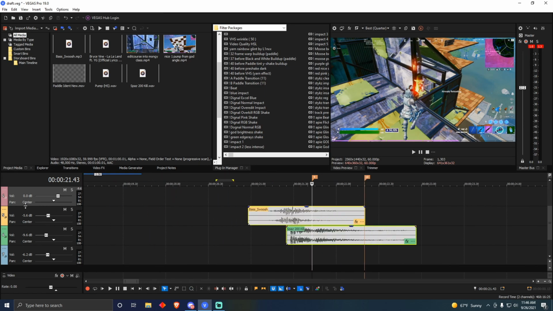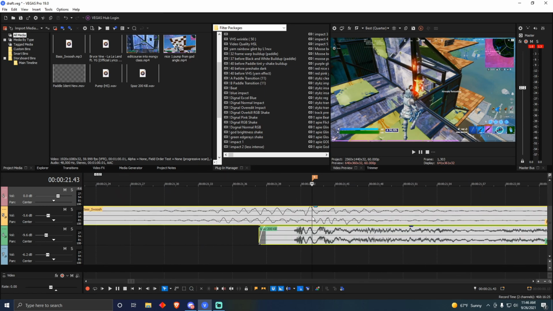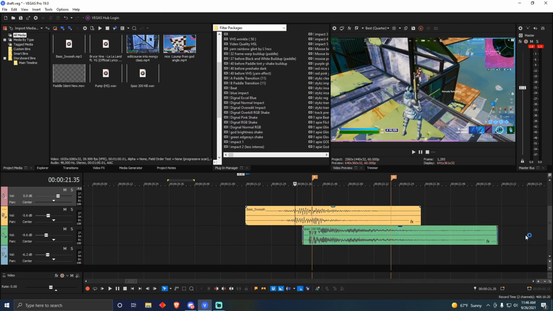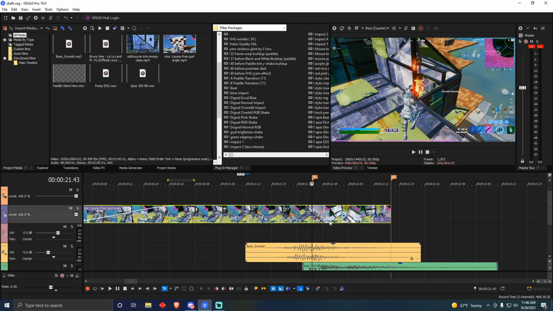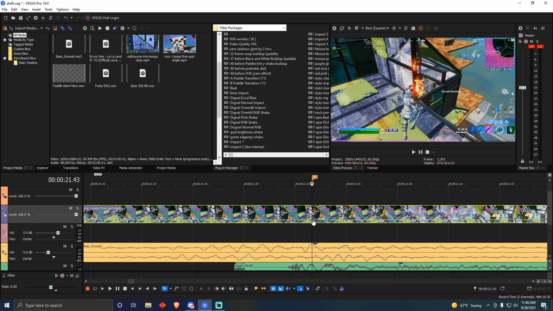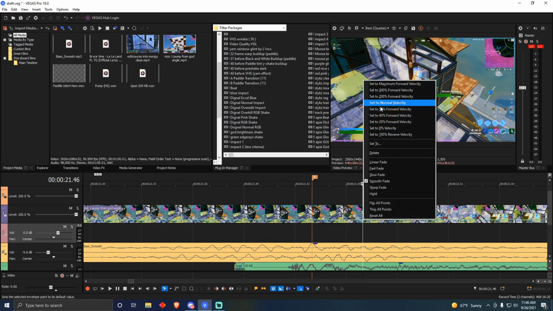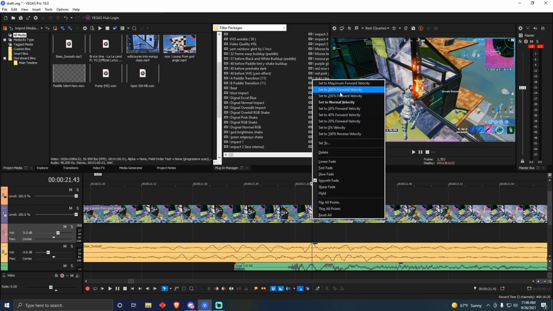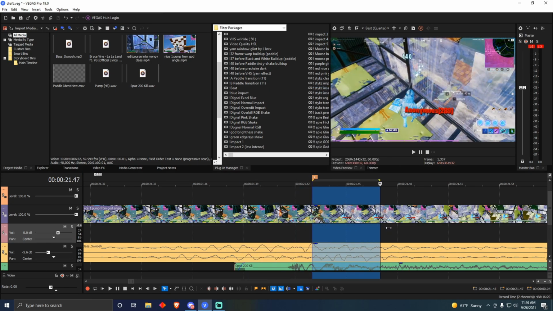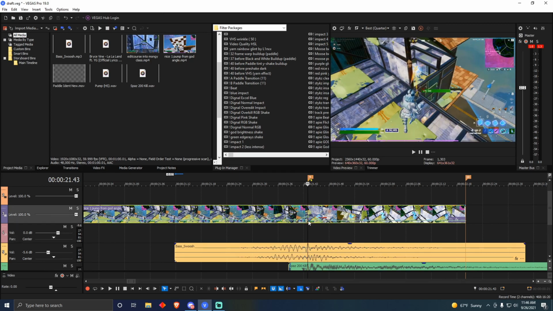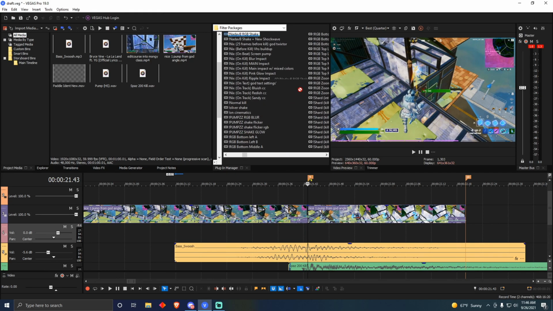You can also mess around with these settings on the left here to make your sound effects sound nice and not too loud. So once you grab your sound effects, you can add your velocity. So for me, I'm just going to use 3 on the left, 3 on the right, 50%, 300%, and that should be all nice. Once you have that, you want to go ahead and add your impact, which for me